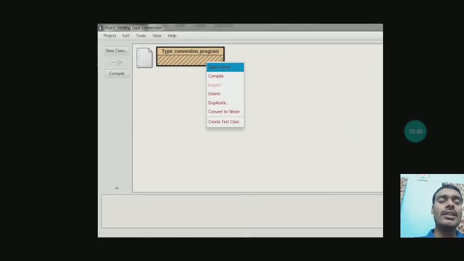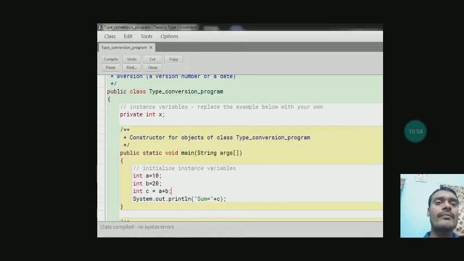So first two things need to be done in Java. First you have to create a new project, and then you have to create a new class. Then you have to right click on this rectangular yellow color box and click on Open Editor for writing Java code. This type of editor will appear in front of you. What you have to do? You have to write Java codes. You can erase everything inside it, but you have to write it once again, so you don't erase it. You can edit some of the important things.